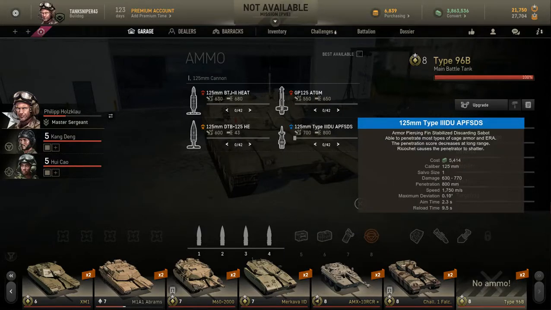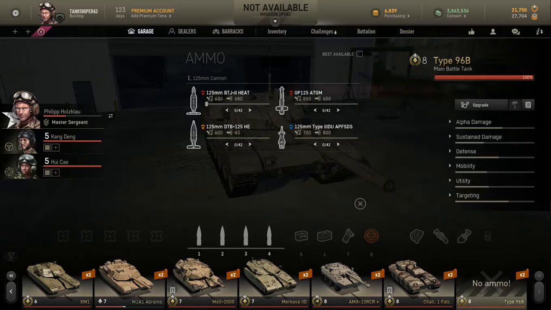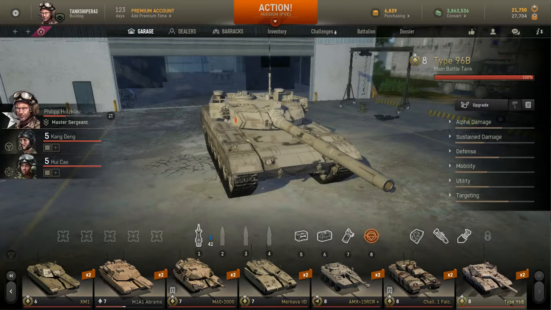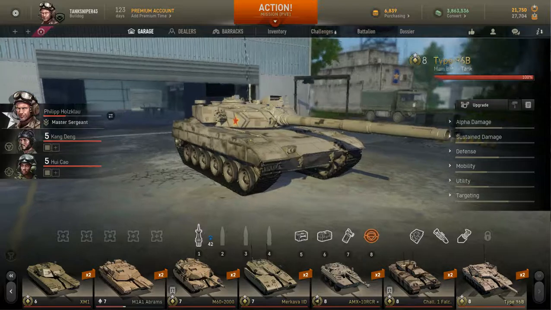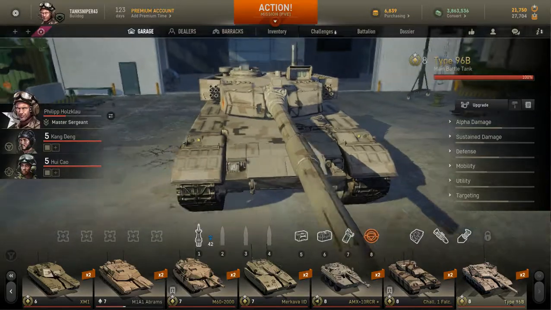Overview of the Type 96B. This tank is classified as a main battle tank, tier 8. It's a pretty good one actually. It's Chinese,